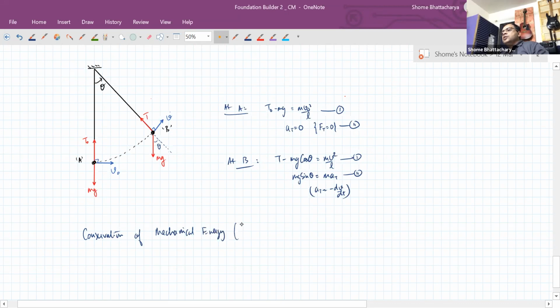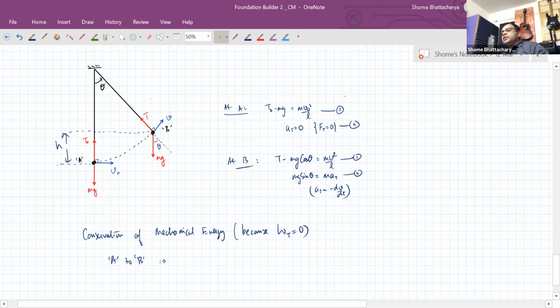Okay, because work done by tension is 0. So we apply that conservation of mechanical energy, then we can see that suppose this height difference between the 2 points A and B, if this height difference is h, then going from A to B, so this is the next equation which is